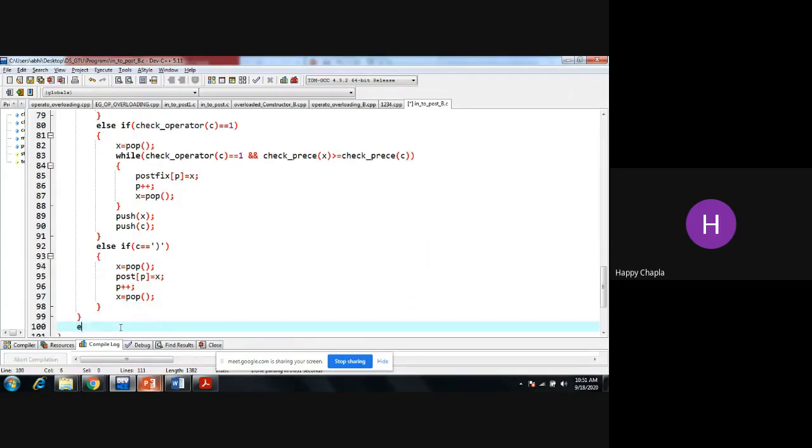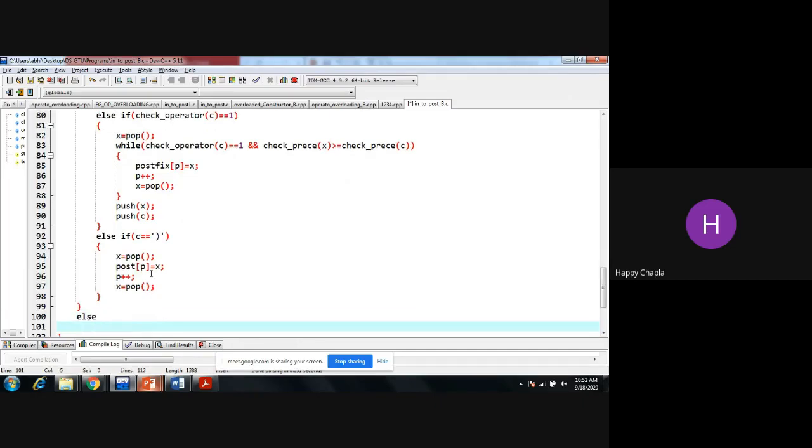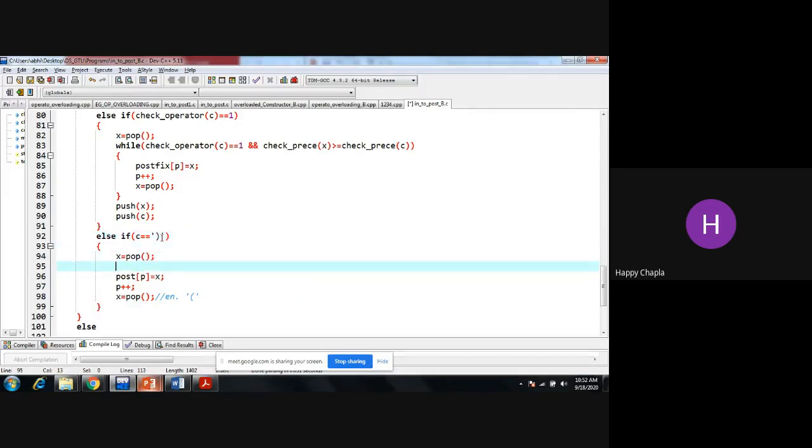Okay, and last case. Okay, so why am I writing this? Because here we encounter the opening bracket. Okay, will it work perfectly?